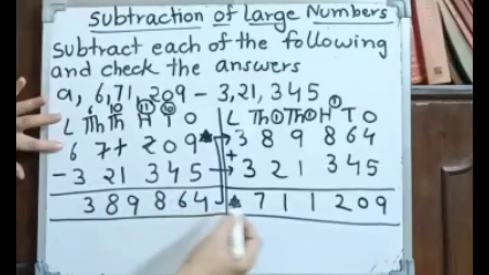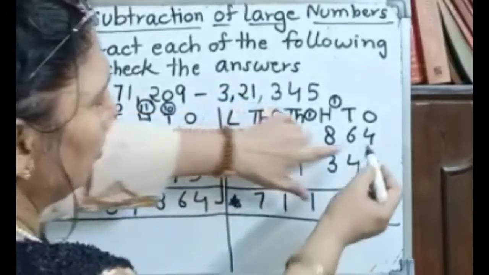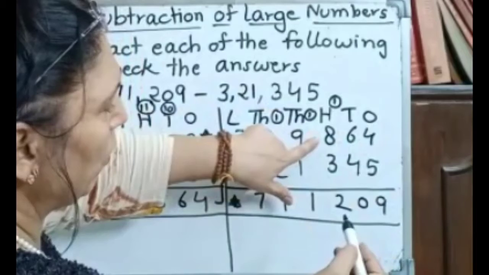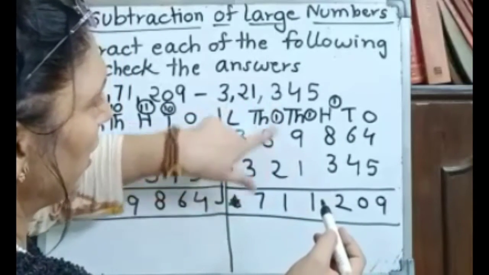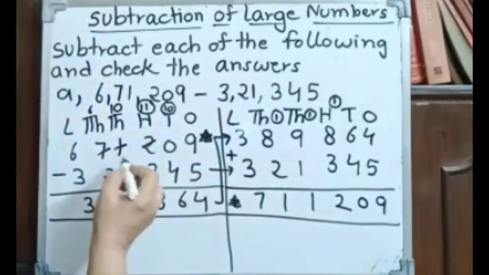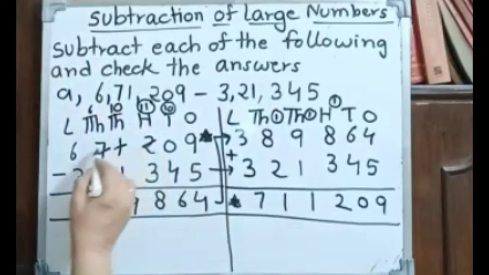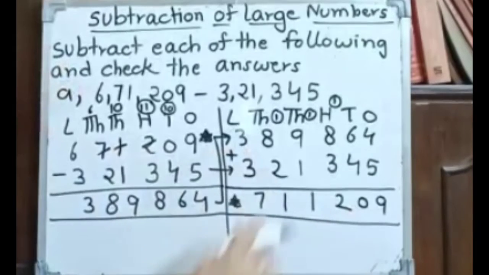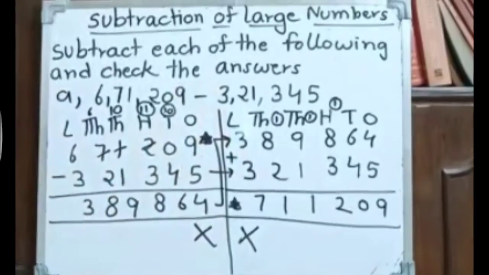So here we have again, look at here, 9, 10. Now look at here, 5 plus 4, 9. 6 plus 4, 10. 1 carry over, 8, 9, 10, 11, 12. 10, 11, 7. So here the answer is wrong. It means 7,11,209. The answer is not coming. It means that your sum is wrong. Now let's do it again. Now we will again check the answer and I will give you the right one.